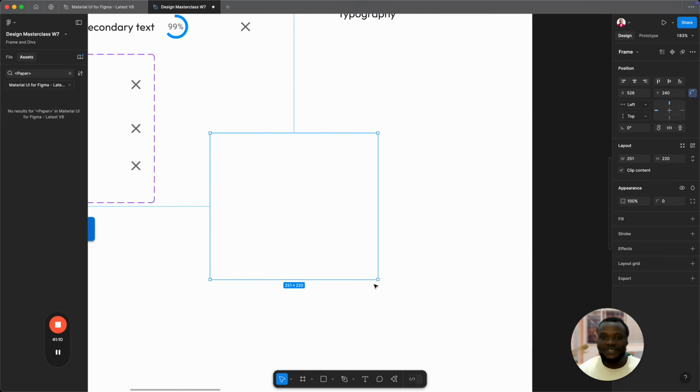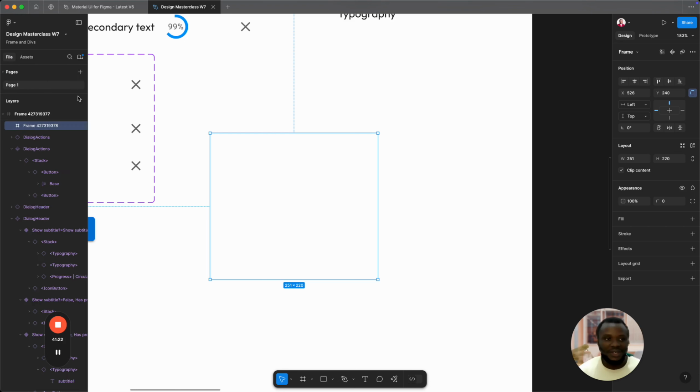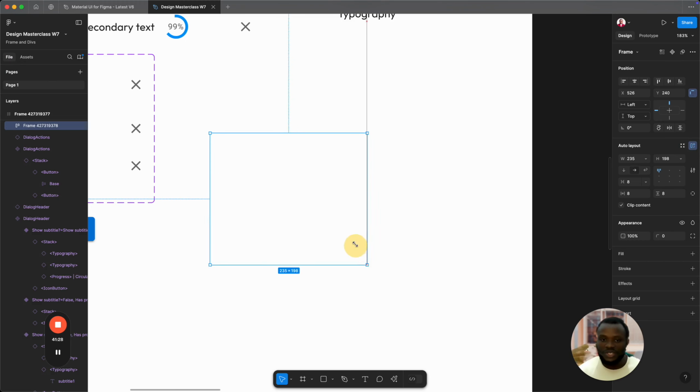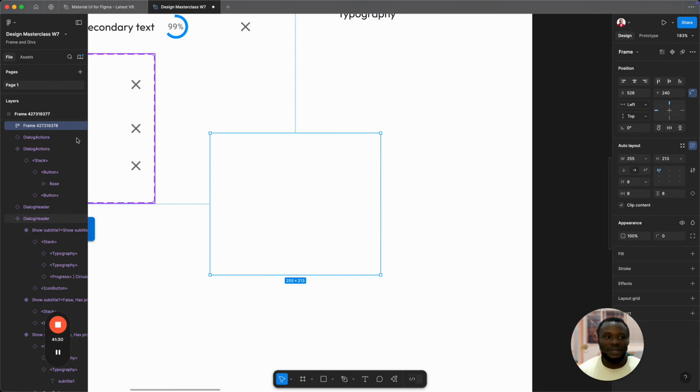So this frame is going to be a box. Remember I told you, let's see if they also have a box. I doubt if the box is going to be there anymore, because the box is an empty shell. It's no longer there. Nice. So what we are going to do, we are going to create an auto layout box with an empty shell, right? And we are going to name this paper,